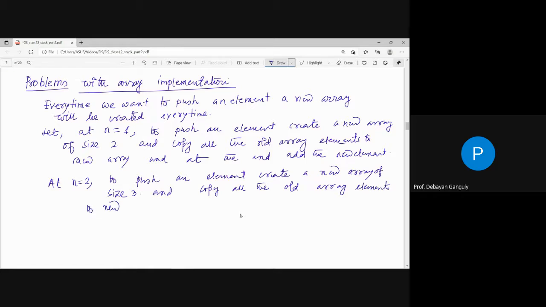to a new array, and at the end you have to add the new element. অ্যারের ক্ষেত্রে বারবার তোমার এটা প্রবলেম, add the new element. Now the thing is that,